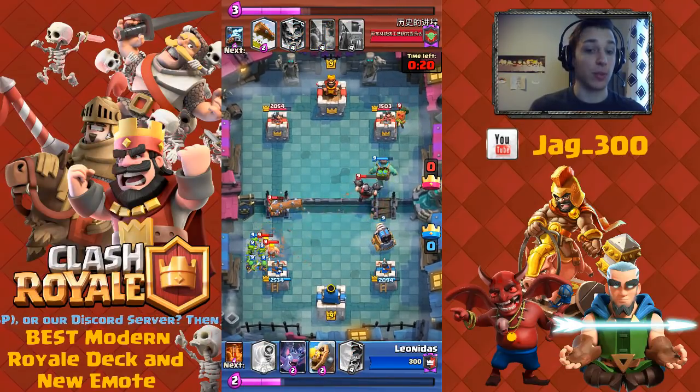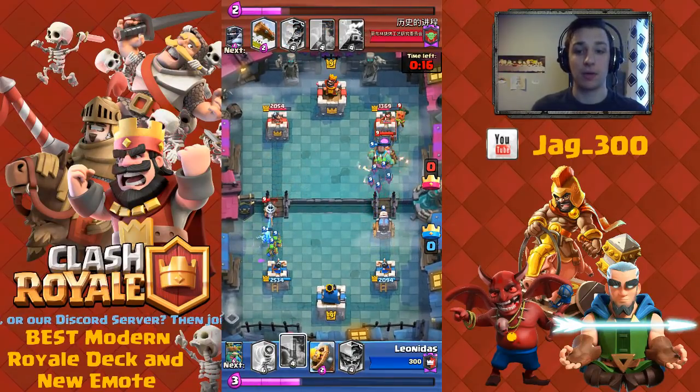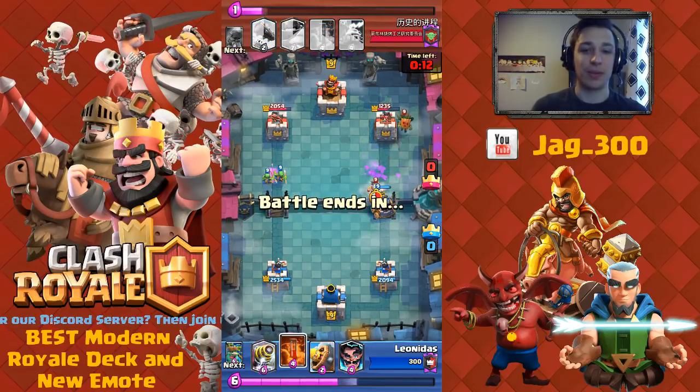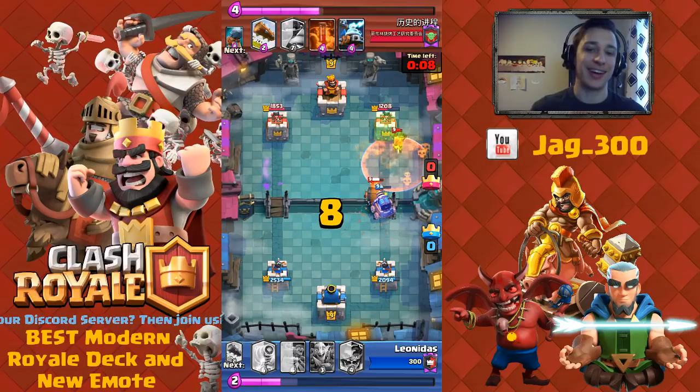Goblin Gang as well is also great for stopping the Ram as long as you have nothing backing it that can take them out. As you saw, every time I get that Mega Knight dropped on one side, I just kind of drop the Goblin Giant. Really drags it over. Makes it easy because that Sparky's in behind that can kind of just tank it and